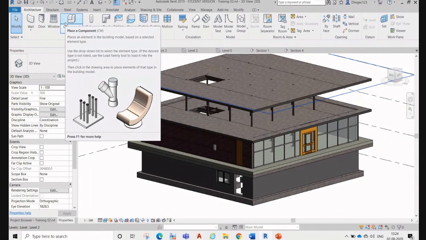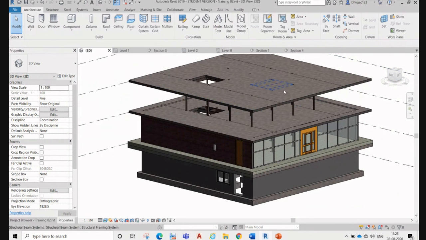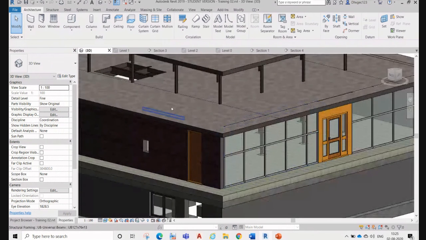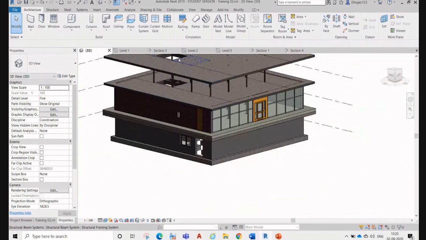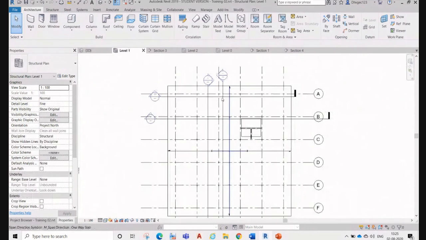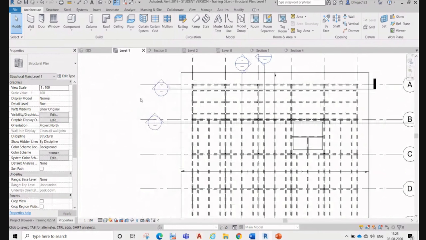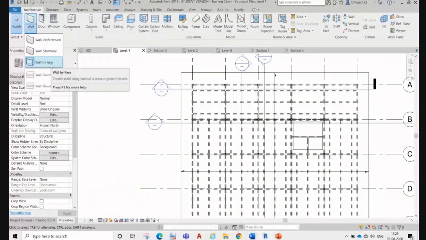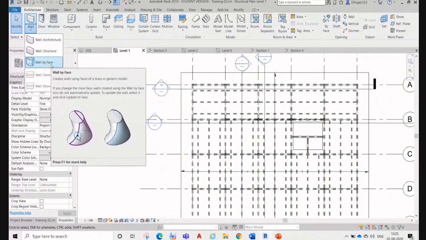Now we'll do the curtain wall, as you have seen. Again we'll do the curtain wall on our first floor. For the curtain wall, go to architectural wall and put curtain wall.